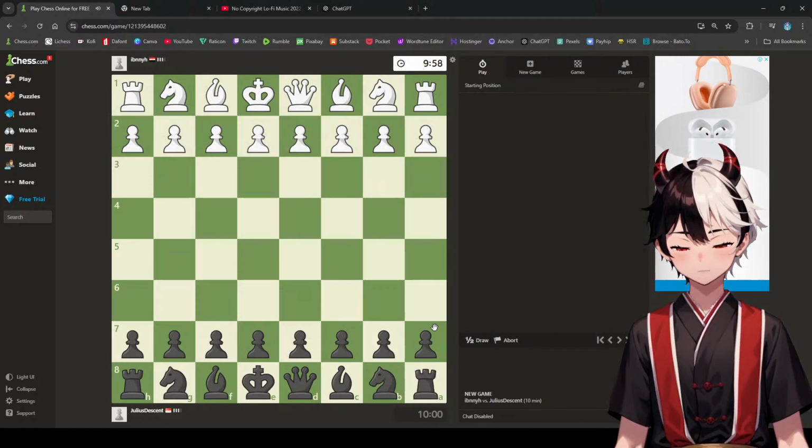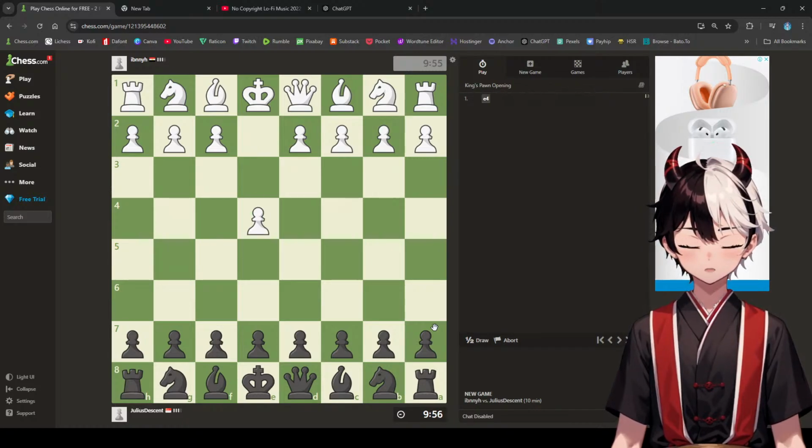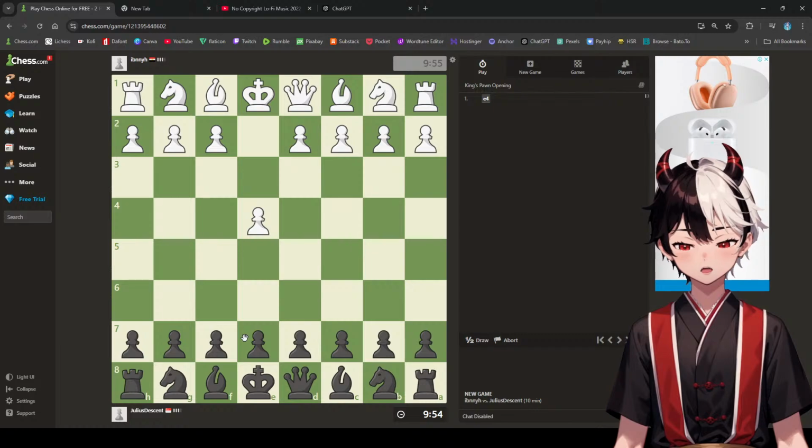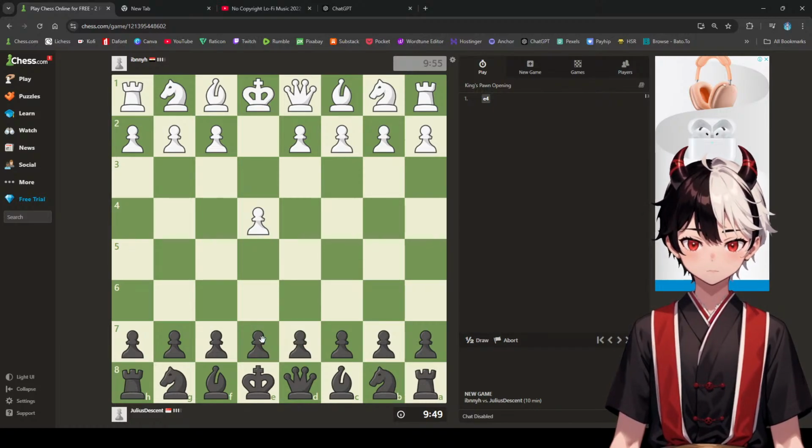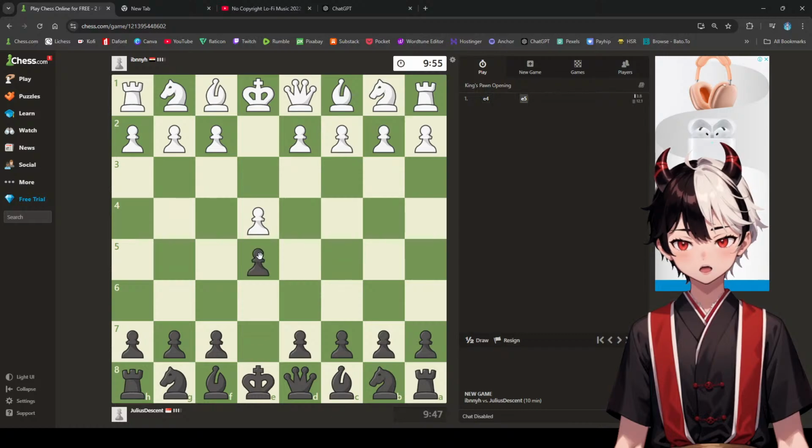Alright, so we're starting off with a brand new game. I'm with the black pieces. In the beginning, you want to control the center. Controlling the center means these two pawns, you can move up or down. I'm going to play pawn to e5,